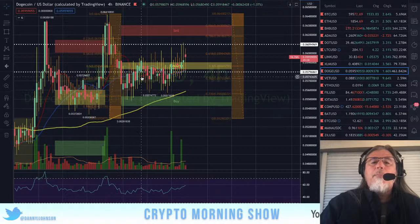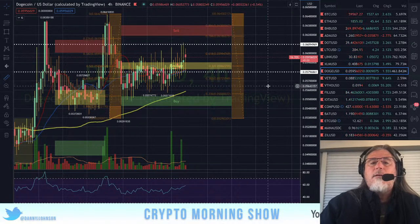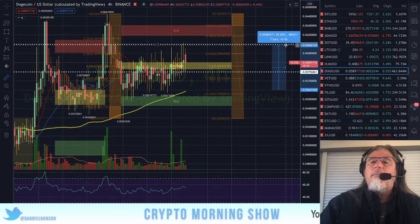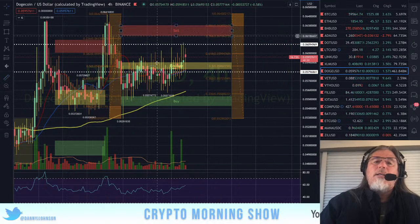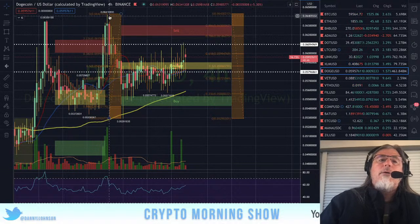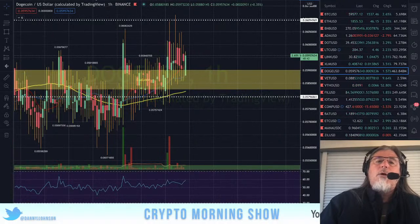Let's move on to the Doge. Doge managing to climb up there sideways, just little by little. And I did indicate, I'll show you with the ruler tool here, that you're looking at, it's bouncing around about an 8% range. So let's say you wanted to trade that. Okay, I want to buy and sell Doge. I have it on my Robinhood app, and it's right there. And what you can do, should you choose, this is not financial advice, but you can go on in here